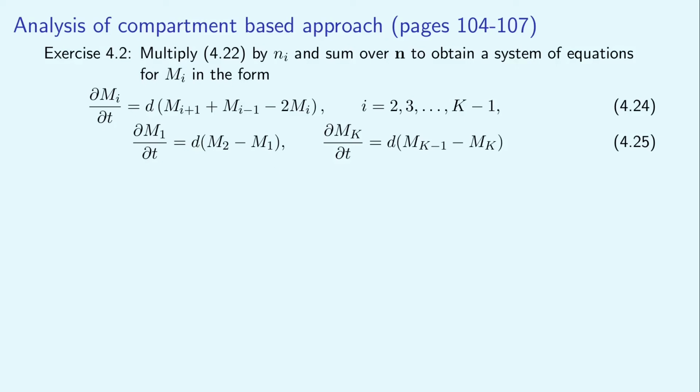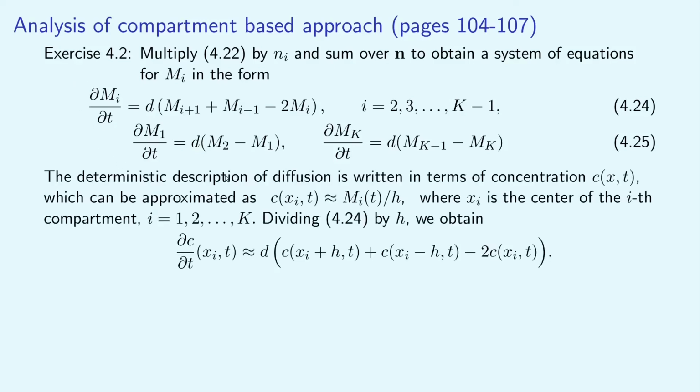The derived equations are equivalent to the classic deterministic ordinary differential equation model. This is not so surprising, as this is a general property of any first-order chemical reaction system. Strictly speaking, the derived system is a system of ordinary differential equations, so I could write here standard derivatives rather than partial derivatives. However, I have put here partial derivatives because we will further analyze this system to derive the diffusion equation, which provides the classic deterministic description of diffusion.